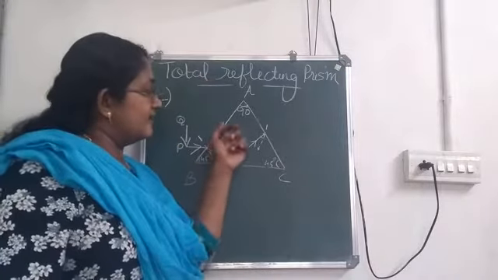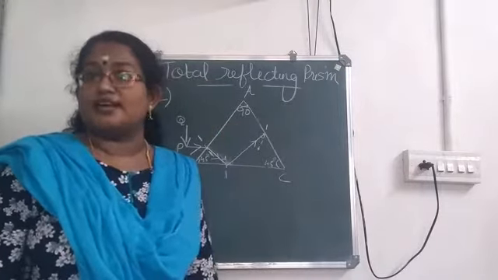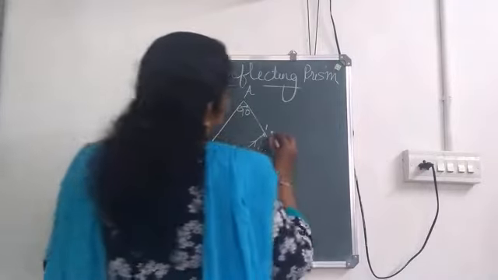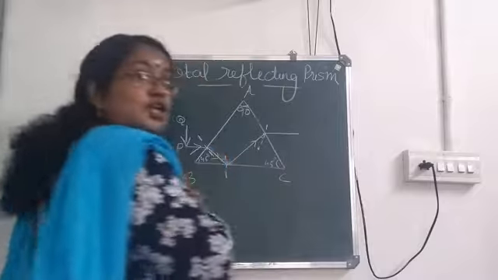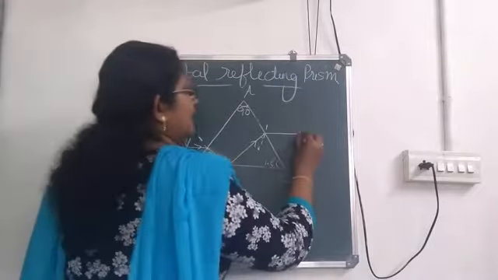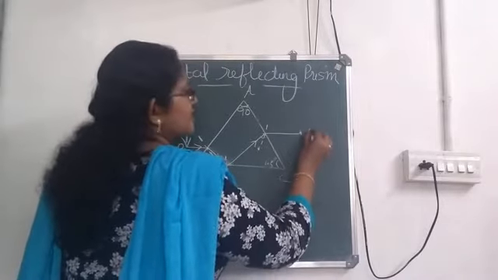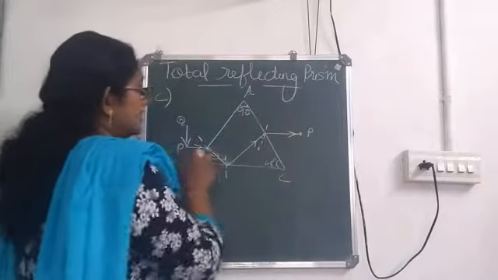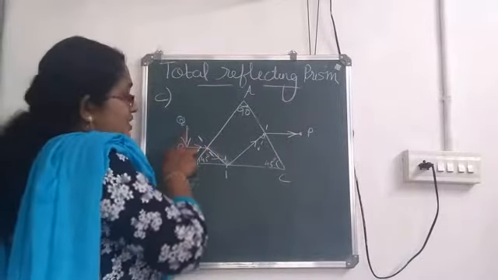And here the ray is moving from denser to rarer. If a ray moves from denser to rarer, what happens? It moves away from the normal. So it moved away from the normal, and which point is this? This is our point P. So is it clear till this? This is our object which is inverted.